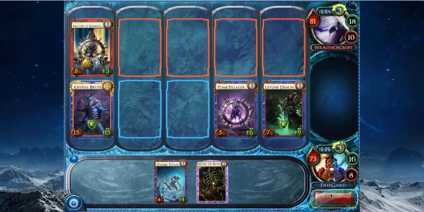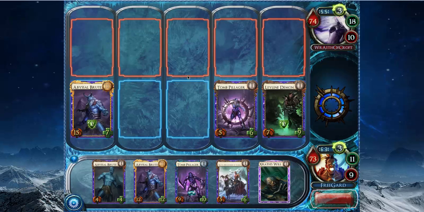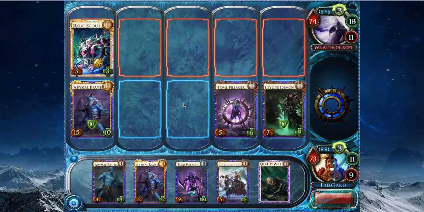game. So Tomb Pillager does not have very much return, because I'm only exiling 1 card, or banishing 1 card here. But my hand wasn't that great, so...